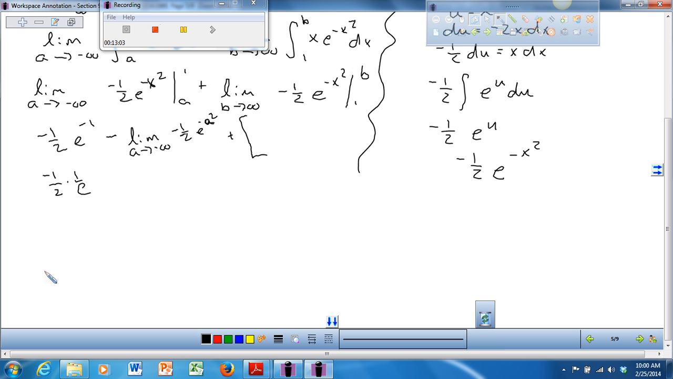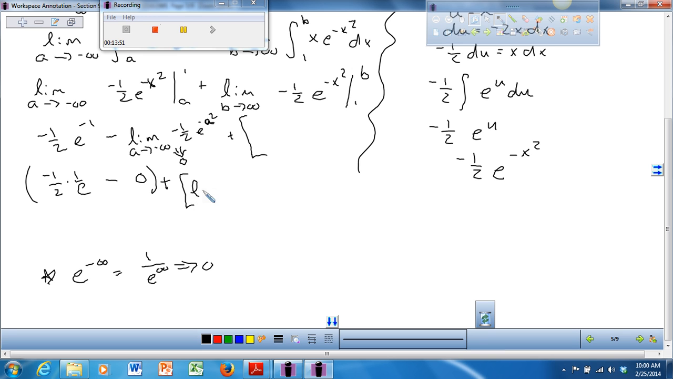Exactly. So down here I'll put a little note. E to the negative infinity means 1 over e to the infinity, which means 1 over a gigantic number, which will approach 0. So, minus 0. Okay, so there's that first half. Plus,